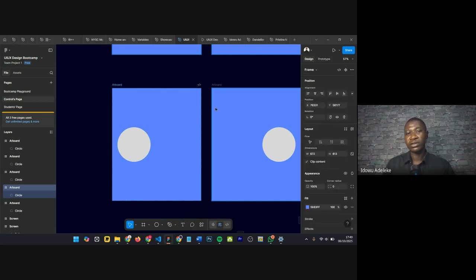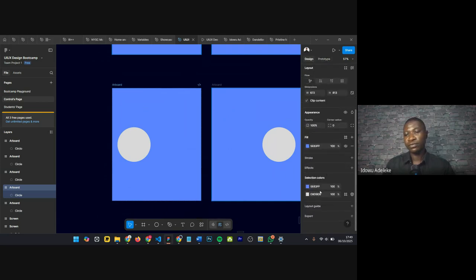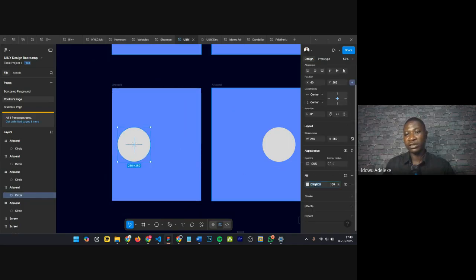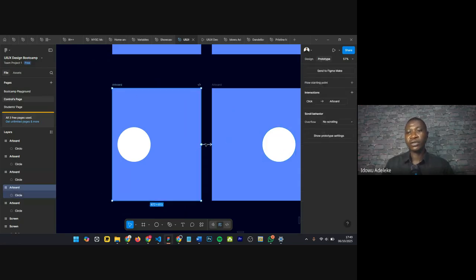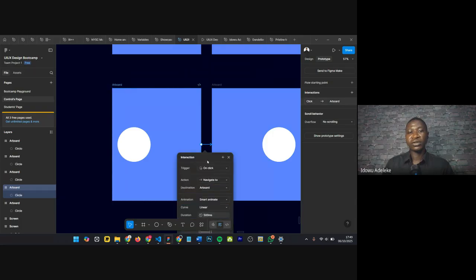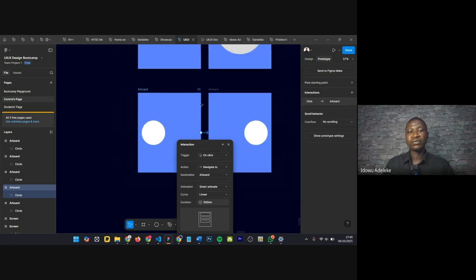Okay. So let me come in. This is what I want to do. I want to change the color to total white. This is not white. This is like this. Okay. Very good. So this guy here, prototype. Okay, I think I already clicked it. So on click, smart animate, linear for now, 500 milliseconds. Okay. So now,